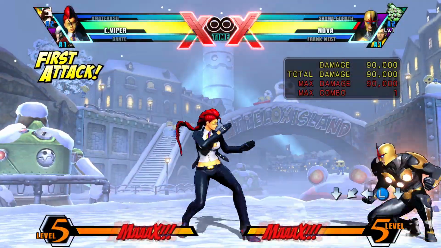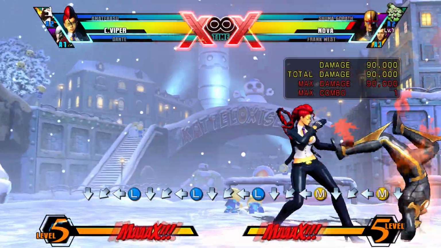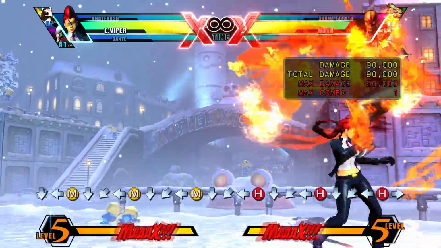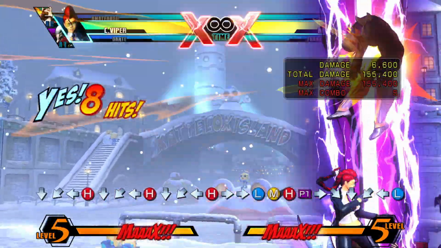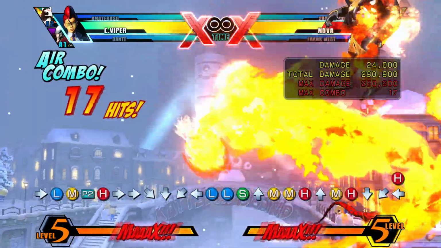Performed with quarter circle back and a button, Viper performs Burning Kick. This involves her going airborne and attacking with a flame kick that's an overhead. This move is useful for its feint cancel, so if you cancel it before it hits, you can use it as a command jump. You can also do this move in the air, but it's also mainly useful for its